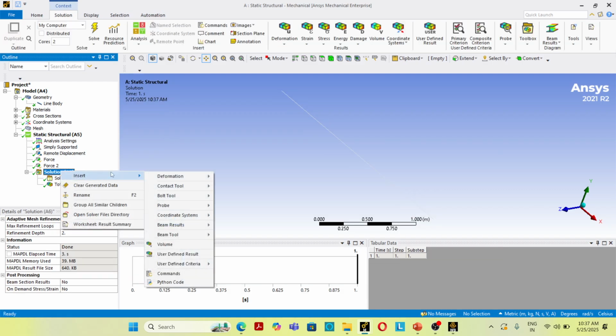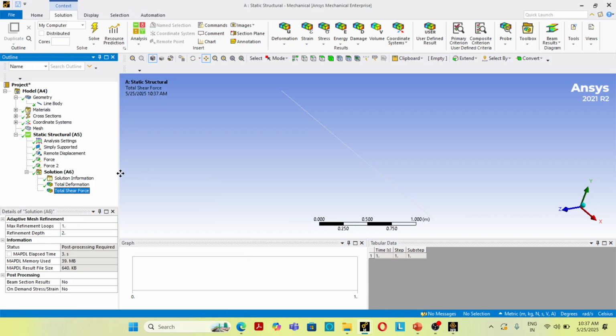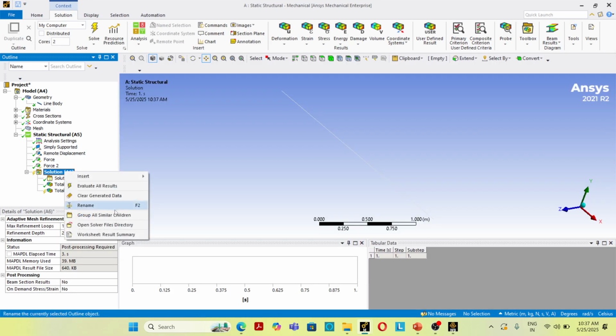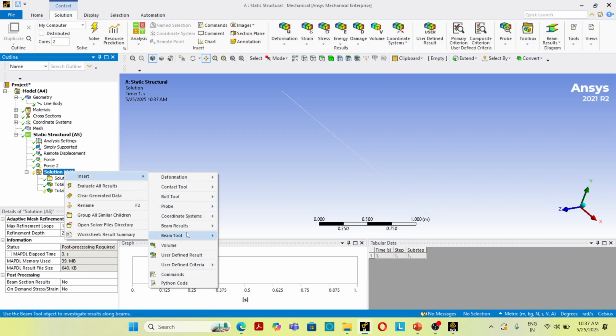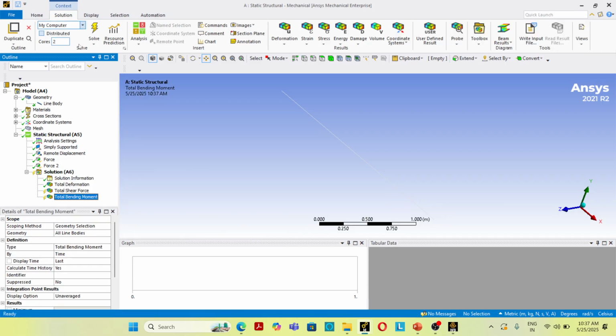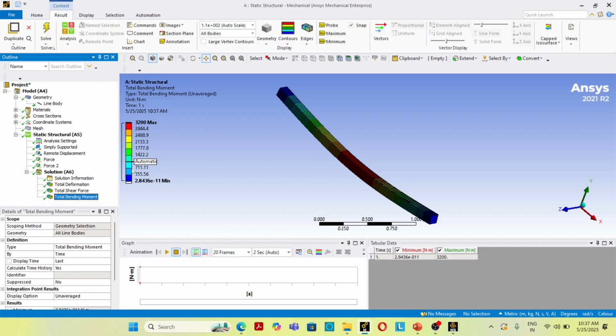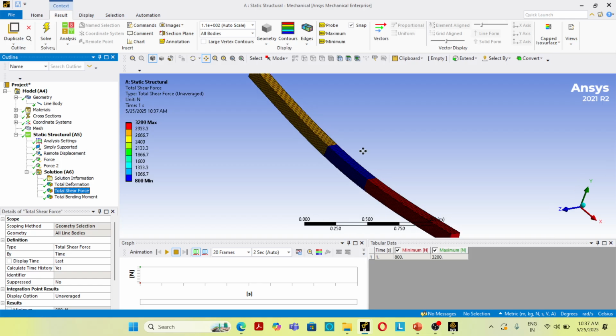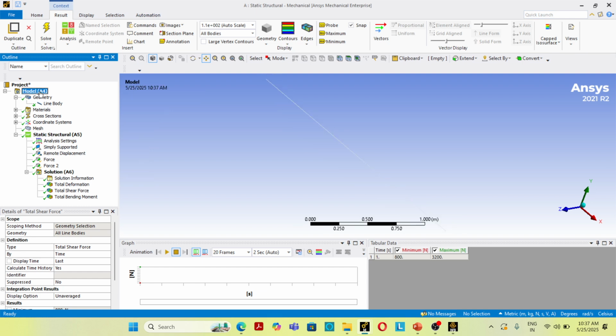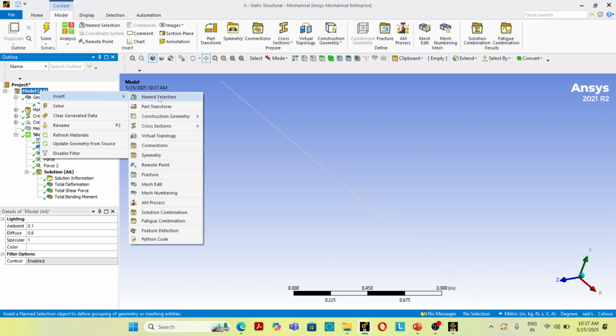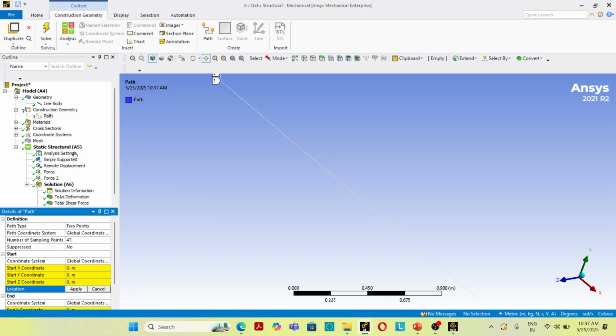Then solution, right click solution, insert shear force, bending moment. So this is the bending moment and this is shear force. Then for plotting the shear force and bending moment diagram, we need a path. So click on model, insert construction geometry, path,